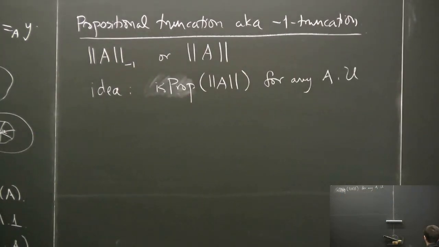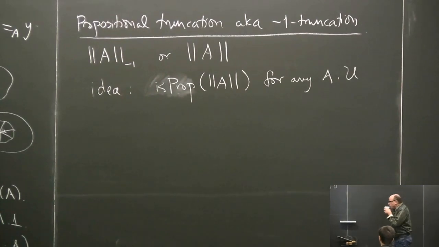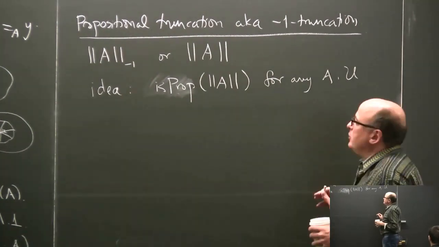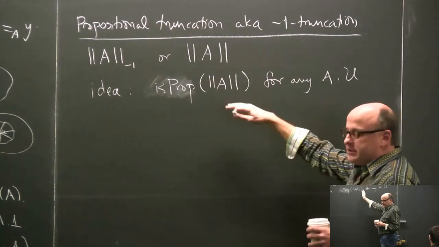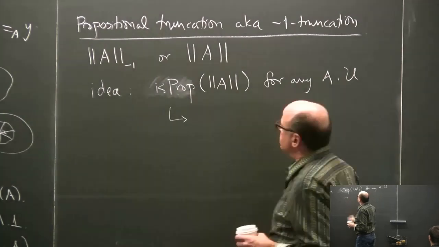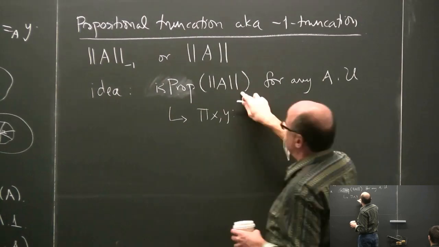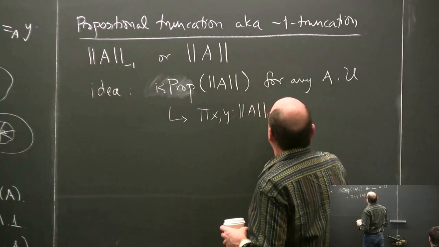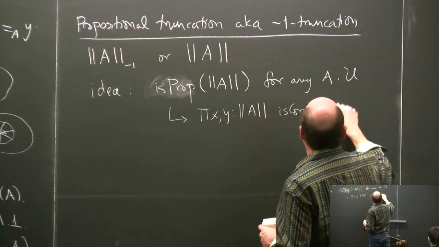So I want that to be a proposition. So what does it mean to be a proposition? Remember, it means that it has at most one proof, or another way of saying it is, at most one element. So this can be said as, remember we worked out equivalence. This says that for every x, y in, well, in this case it's A, what we're saying is that the equality type